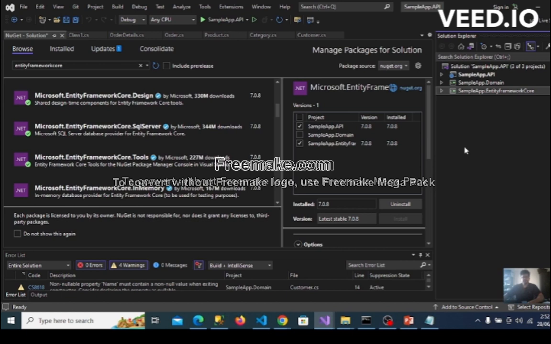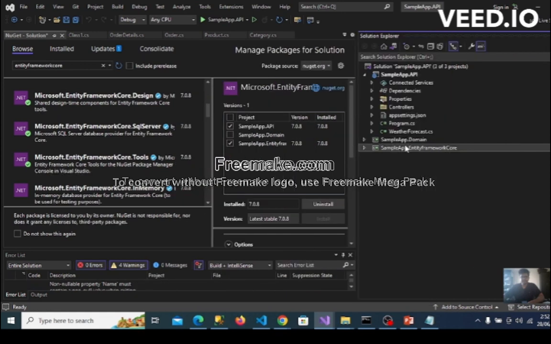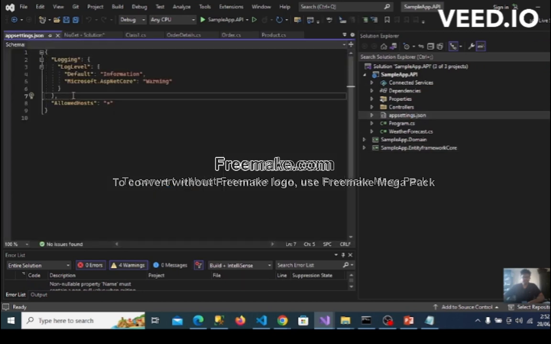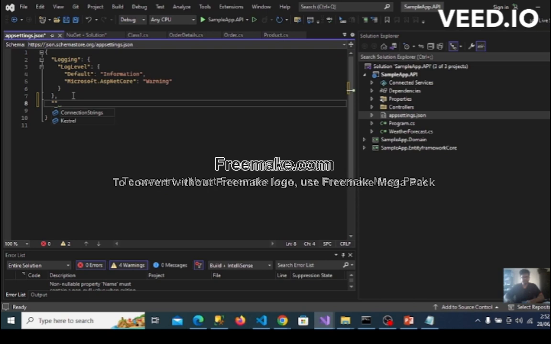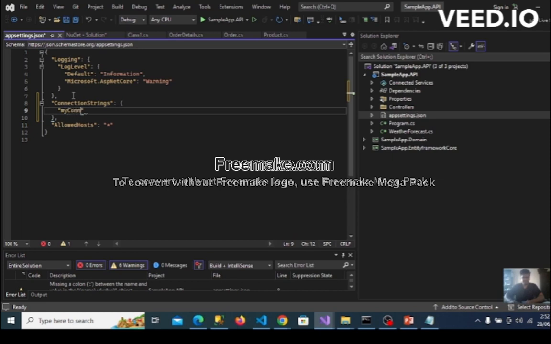Now we need to have a database connection, and for that we are going to open this API and app settings. We can define the connection string. Connection string, what is the connection? I'm just naming it as my connection string,